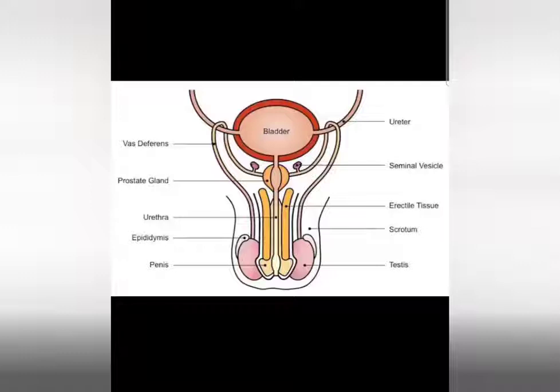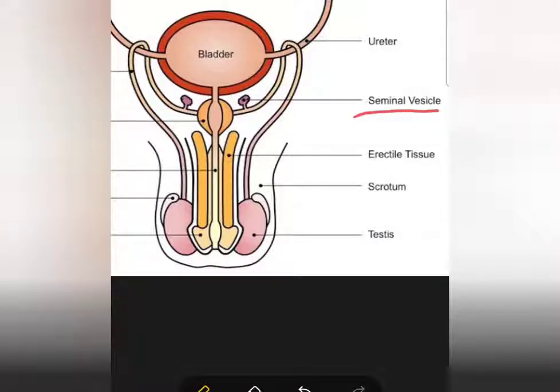So in my previous video you have seen this diagram, and I talked about the scrotum, testis, epididymis and vas deferens. I hope those parts are clear to you all. You know about the location, structure and function of these parts. Now let's move on to the next parts. Next we have the seminal vesicle. You can see it marked here. These two small gland-like structures are the seminal vesicles, and a pair of seminal vesicles is present at the end portion of the vas deferens.